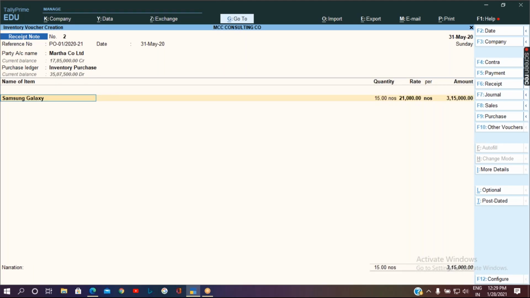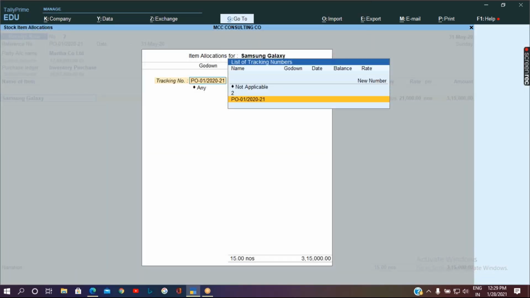So you can see that 15 quantity, whatever it was, the pending, so that it will be taken automatically. So now you are supposed to create one more tracking number.